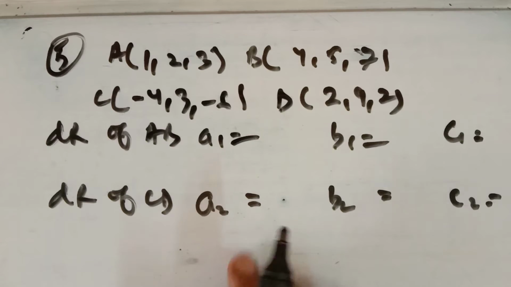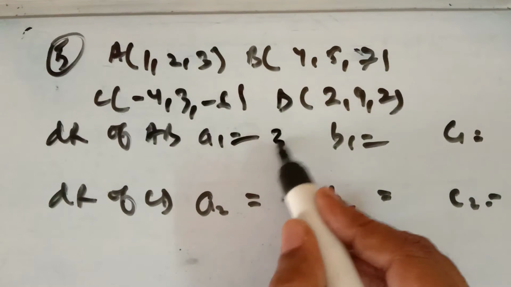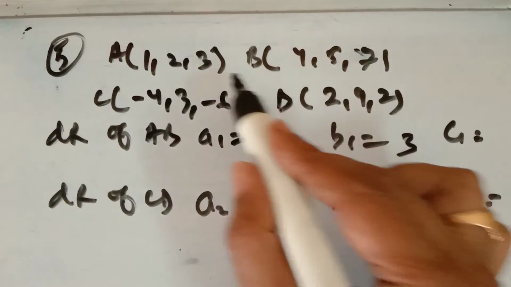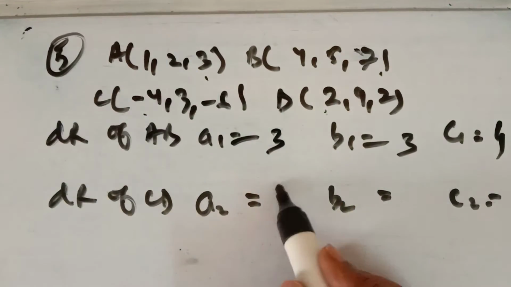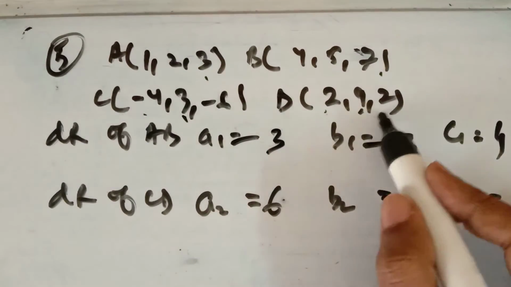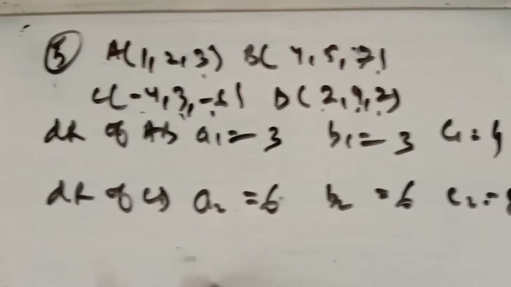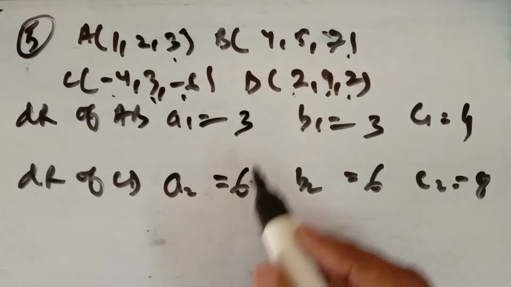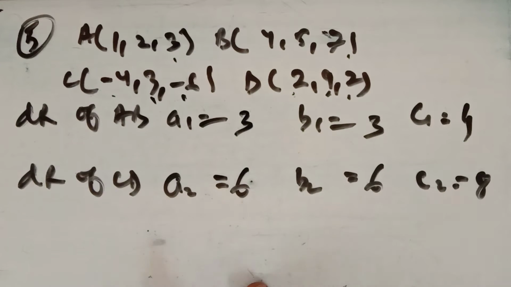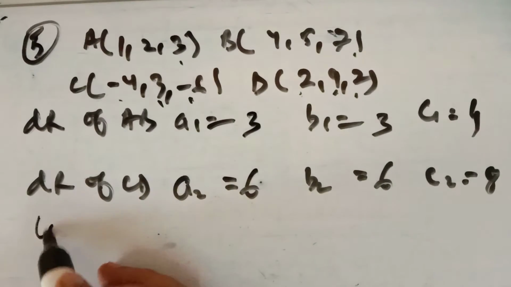So when you solve it, the direction ratios are 4 minus 1, that is 3, 5 minus 2, that is 3, z2 minus z1, it is 4. Then x2 minus x1 is 6, y2 minus y1 is 6, z2 minus z1 is 8. So these are the direction ratios of AB and CD. Now you can easily find the ratio is 1 upon 2, 1 upon 2, 1 upon 2. So it means the angle between AB and CD is either 0 or 180, or you simply find the angle between these two.